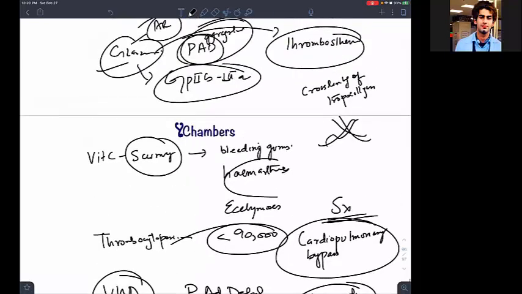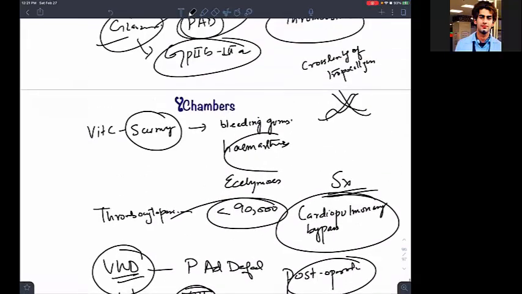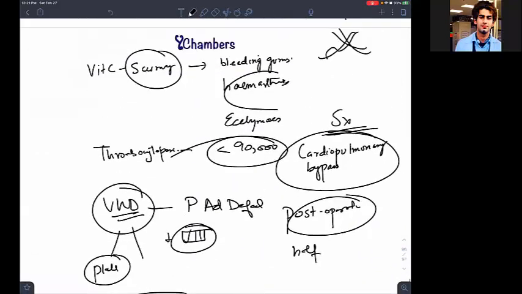So I hope this is clear from this discussion, which diseases can have an increased BT, and I have also given you the conceptual background of why I will be having an increased BT. You don't need to remember them. You can yourself think of many things. Once you have a concept about how things are working, you just have to read the headings, and then you remember every story about them, isn't it? The background. So this was about the second platelet test, that is BT.